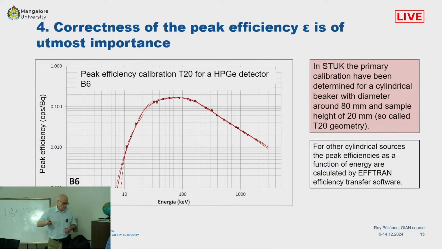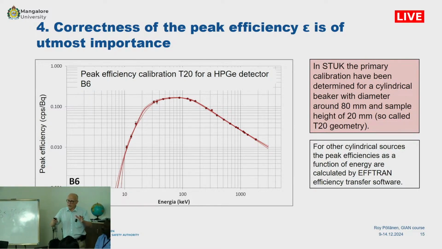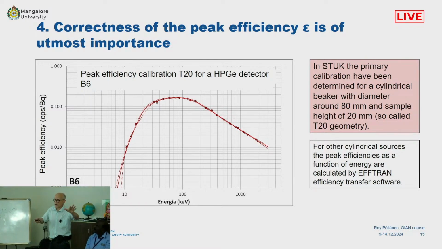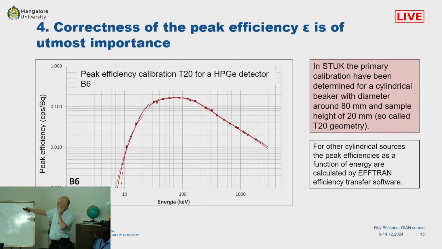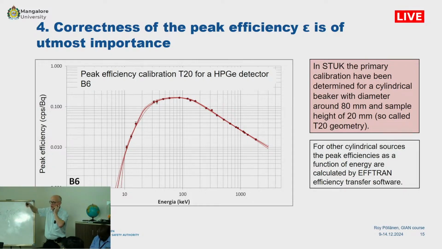If I understood correctly, his question is how to do efficiency calibration for radium-226 at the 186 peak, because there are two nuclides, uranium-235 and radium-226. So the idea is that these points here are measured points,